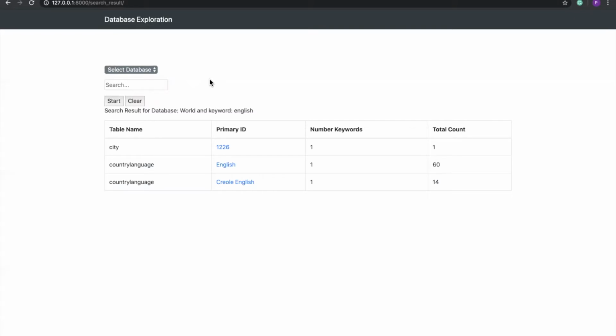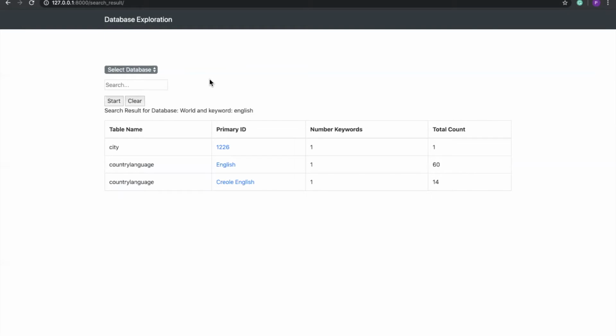The first column of the results tells you the table names which have the keyword in it. The second column gives you the primary IDs of the tuples in which the keyword English was there. The third column shows the number of keywords that appeared. Right now we only have English, so only one keyword has appeared.